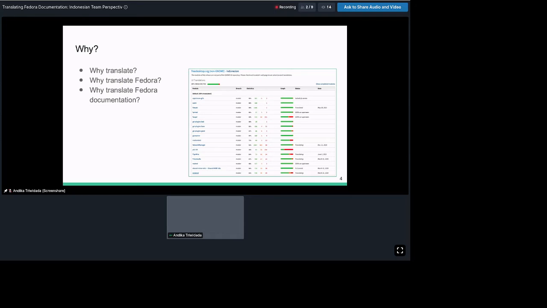And then why translate Fedora? It's because I myself don't use Fedora, but actually I started from GNOME. In the localization of GNOME we have sections.